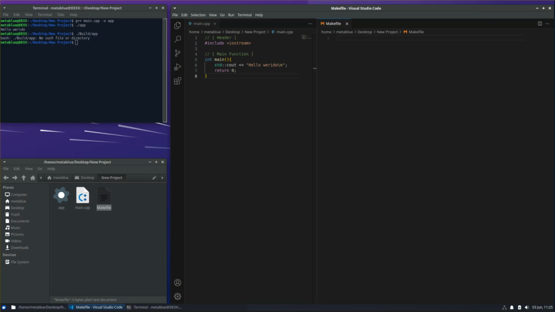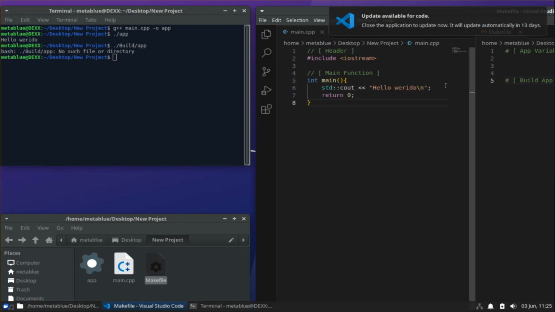But similarly, I also split up a makefile into categories, because makefiles allow you to create variables and you can create commands, which I always have the build app command on its own, and then I will have